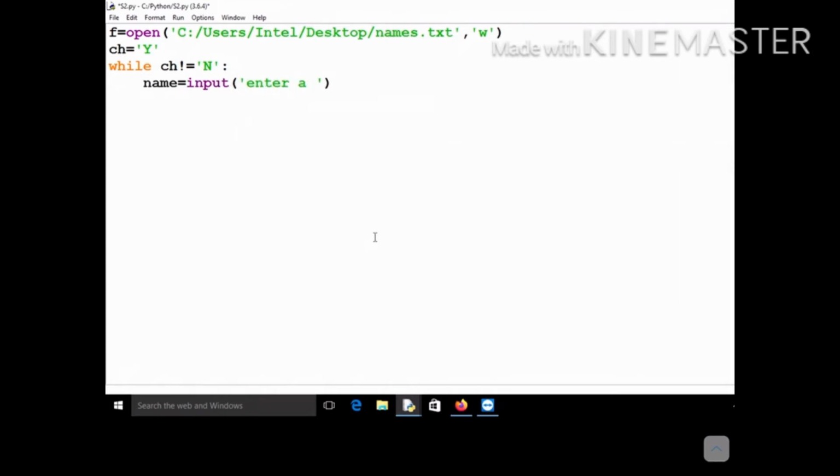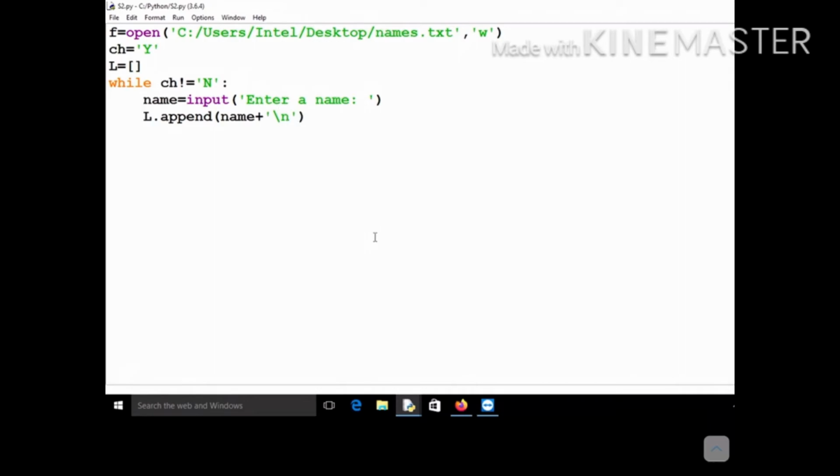It will accept a name from the user, but you will have to append all the names into a list, because you are going to use the writelines function. So l.append(name). But after every name you will have to give a new line also, so you should add a \n, otherwise all the names will be written into the same line.